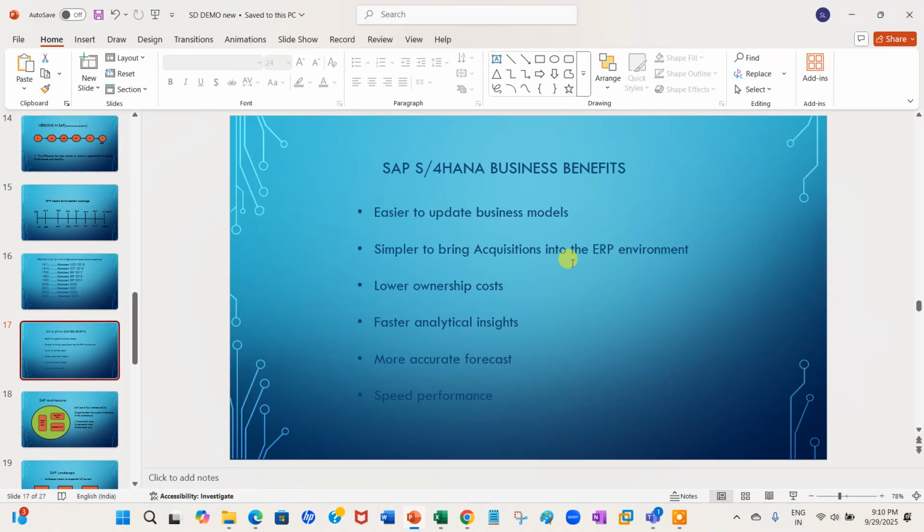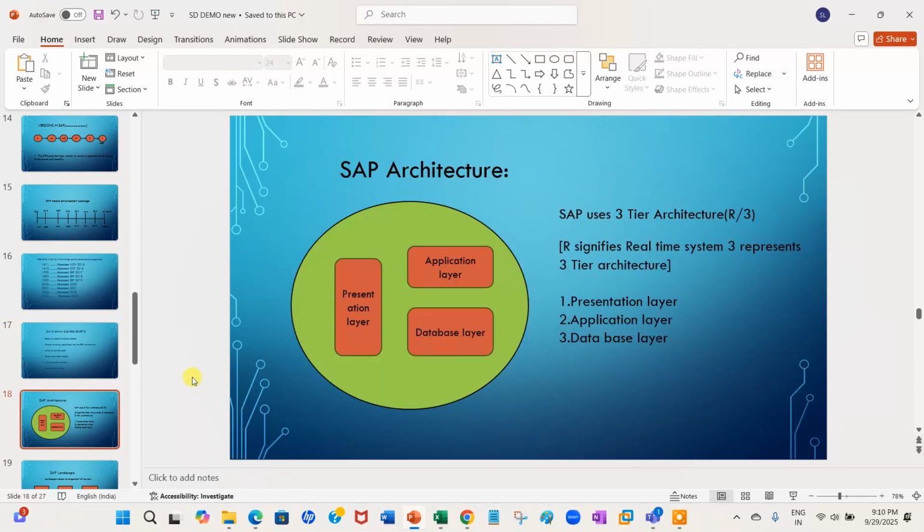Simple to bring in acquisitions, lower cost, faster, more accurate forecasts and speed performance. The entire slide shows that if you are upgrading from one thing to another, it is easy, the cost is low, and it is very fast, accurate and speedy. That's why we are using these benefits.